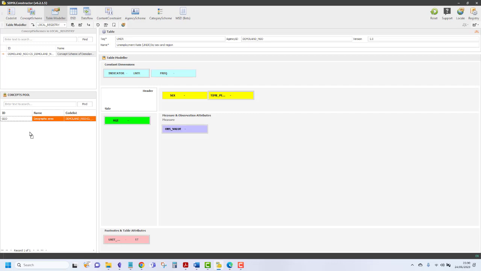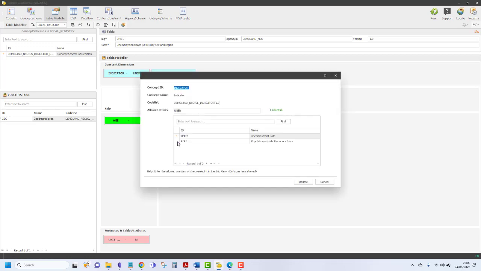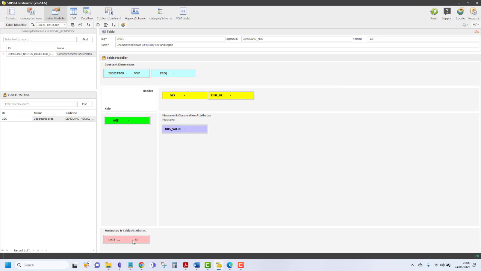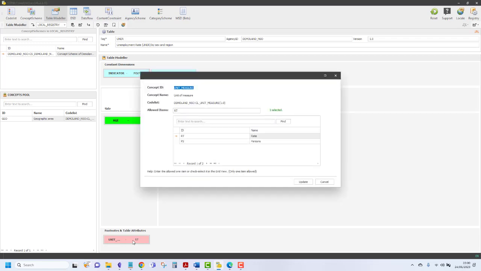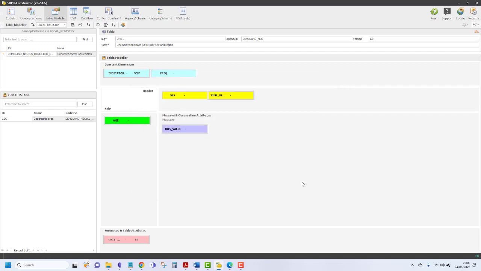Remember, we have to also change the constraints for the indicator. This will be POLF or population outside the labor force. We click on update. Another place to change would be unit of measure. This would be not rate but person, so we click on PS or persons. We click on update,